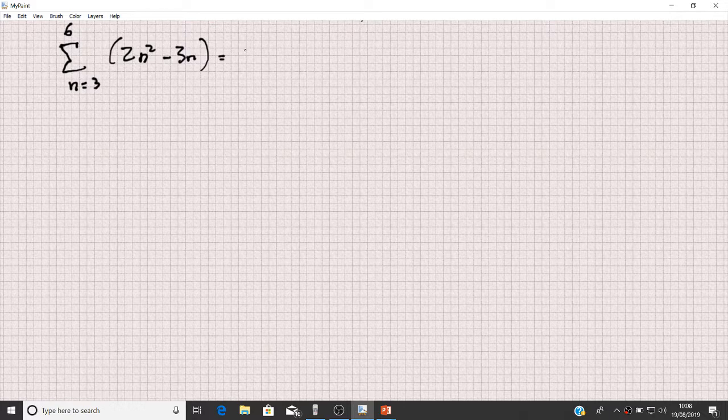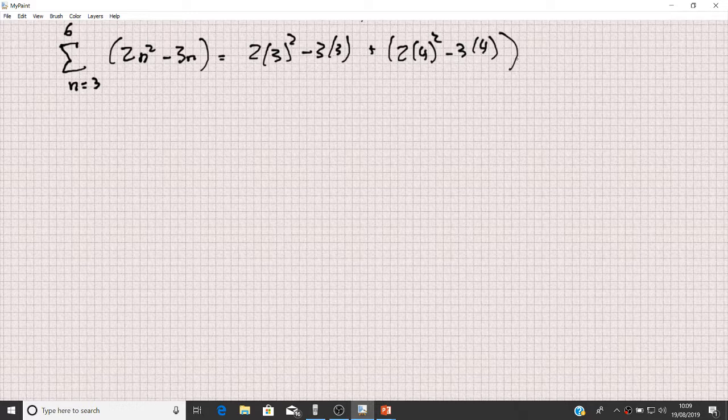So again, we'll sub in n equals 3 first, so we've got 2 times 3 squared minus 3 times 3, plus 2 times 4 squared minus 3 times 4, plus 2 times 5 squared minus 3 times 5, and then we'll stop when n equals 6, the last term, plus 2 times 6 squared minus 3 times 6. And we can calculate that, and the first term is